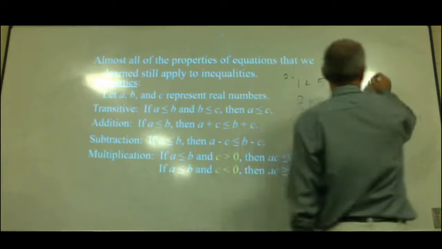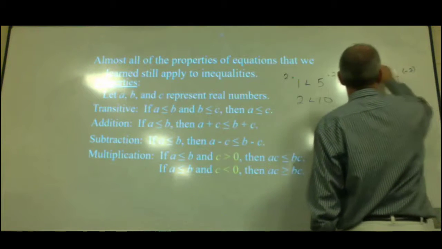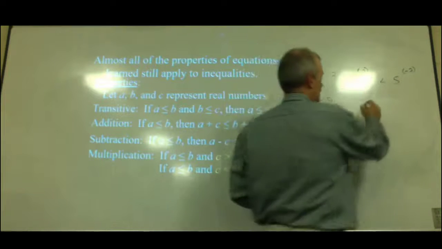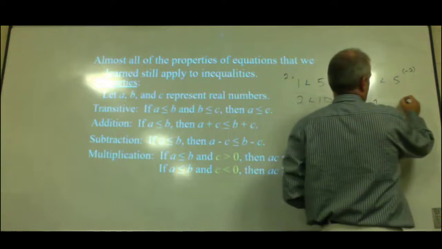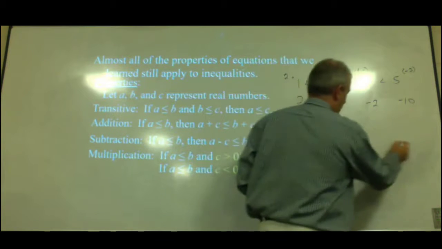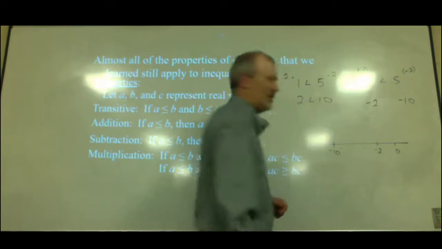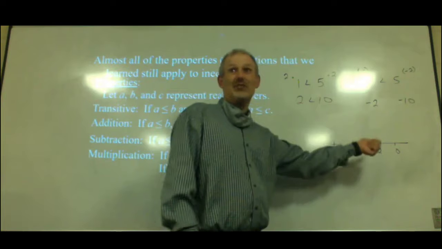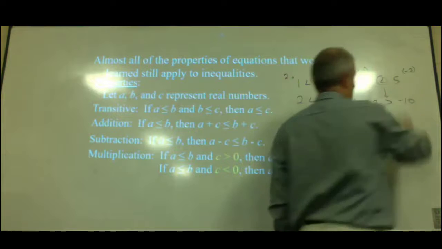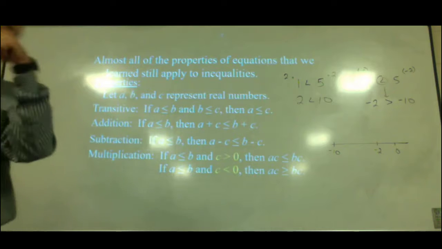But now let's look at this. If I have 1 is less than 5 and I multiply by a negative 2 and a negative 2 here, what does this number become? Negative 2. And then what does this number become? Negative 10. Now, it may not be obvious right away, but think about a number line. Here's 0. Here's negative 2. Here's negative 10. Negative 10 is less than negative 2, right? So notice what happened. This changed to that. And that's the one time we have to be careful, is if we're multiplying, I guess, or dividing by a